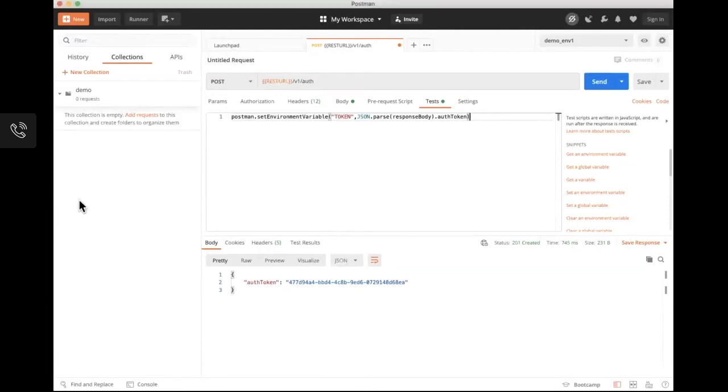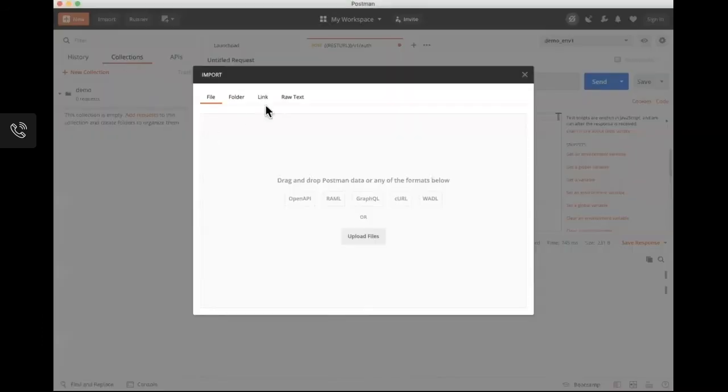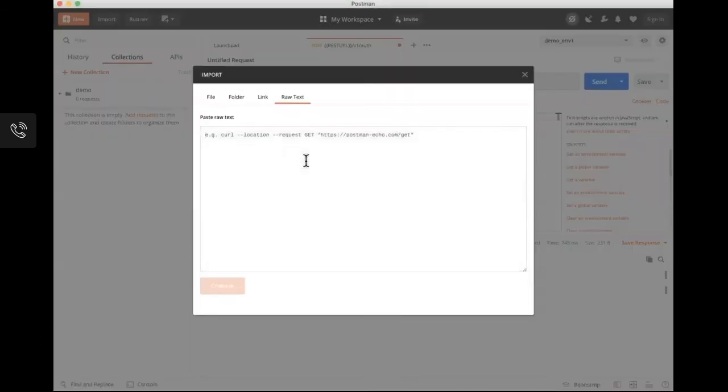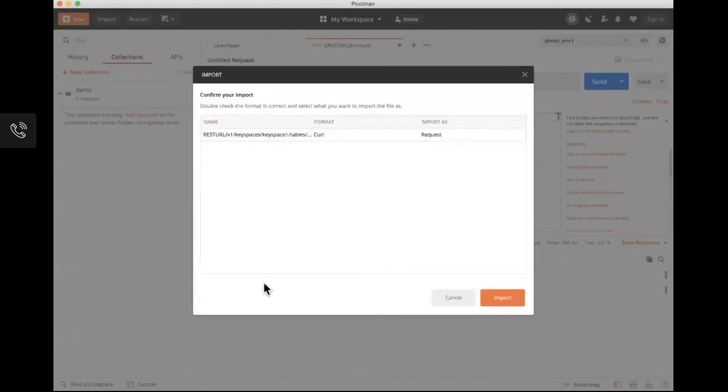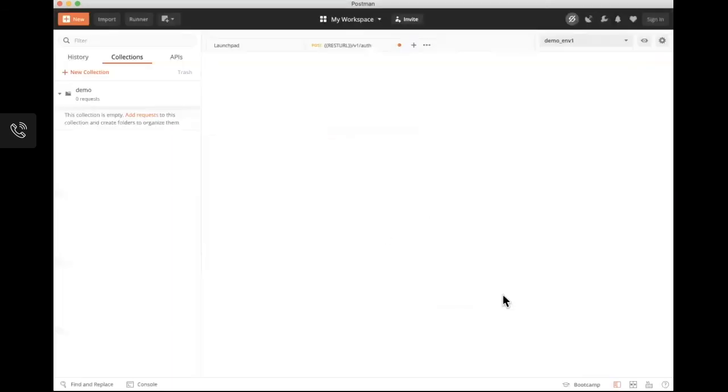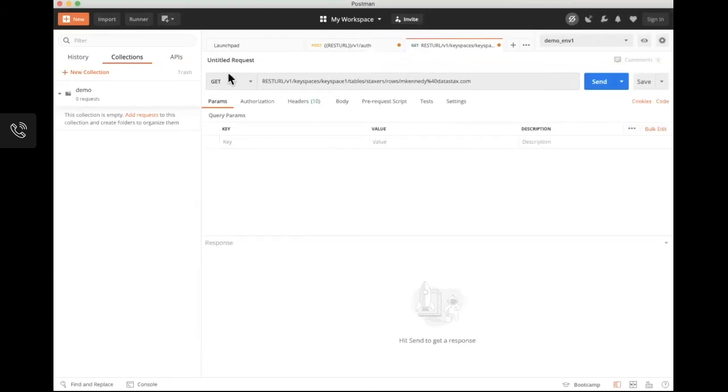So here we are going to use the import function, and we're going to say this is raw text, okay? And I just pasted in that curl command that I used earlier, and you see it's created a new GET request for me with that URL. Now it's screwed a couple of things up because I need to make that REST URL a variable that it understands.